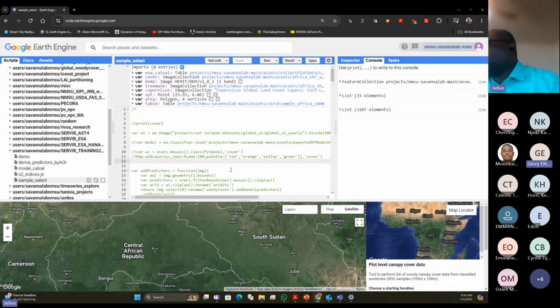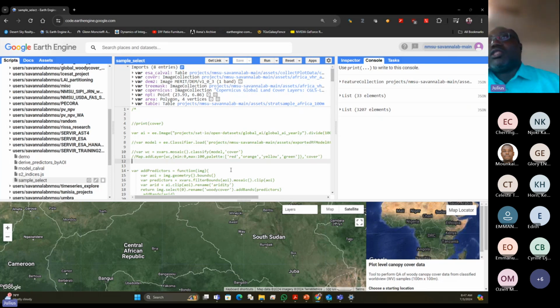Collect Earth Online? Yes, okay. So initially we started using Collect Earth, and we do have some data, several thousands of points. I need to make a mental note to share that data too, that we collected using Collect Earth Online, because we thought that was a quick way to get a lot of data, but we have had to abandon that